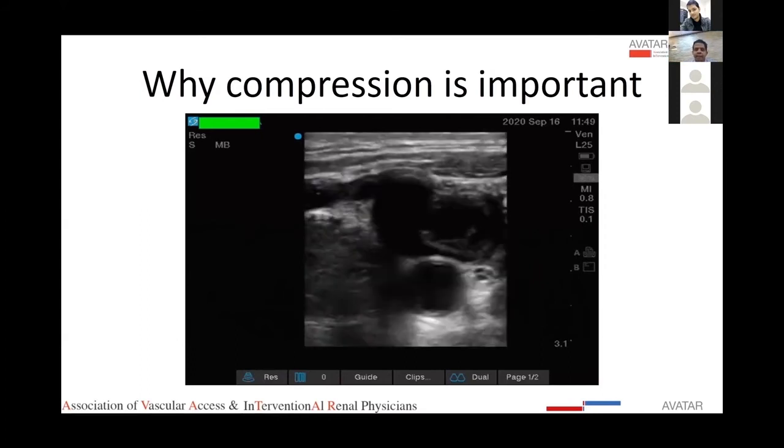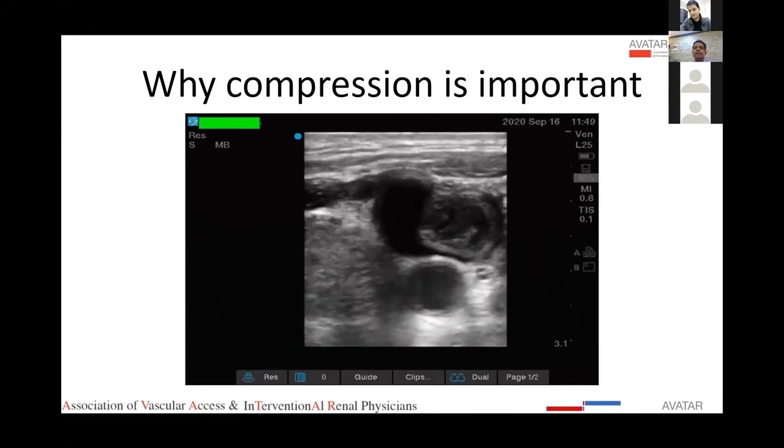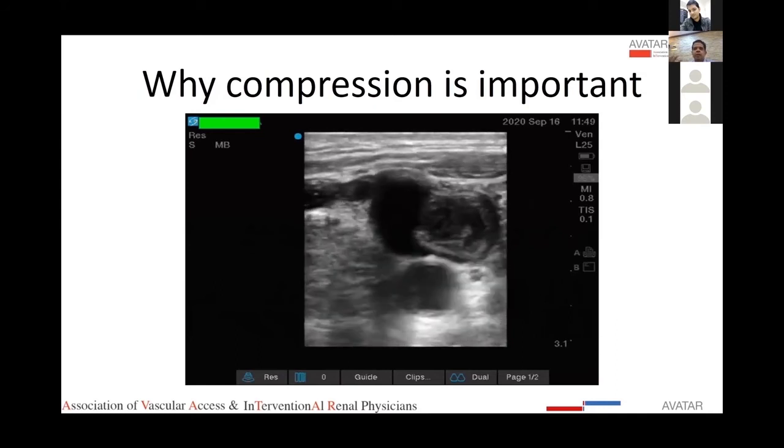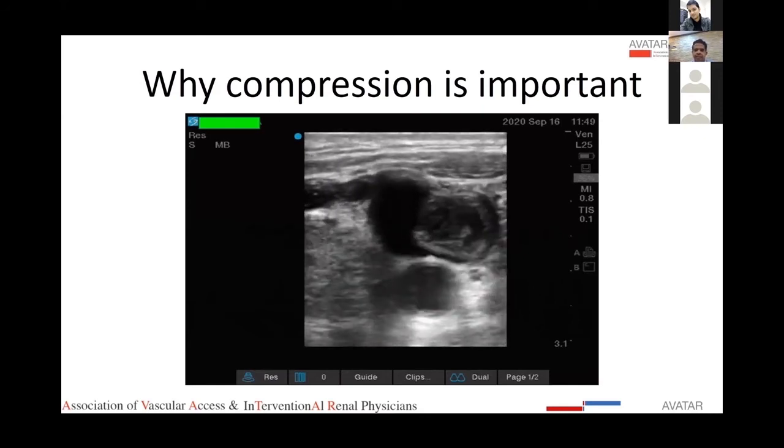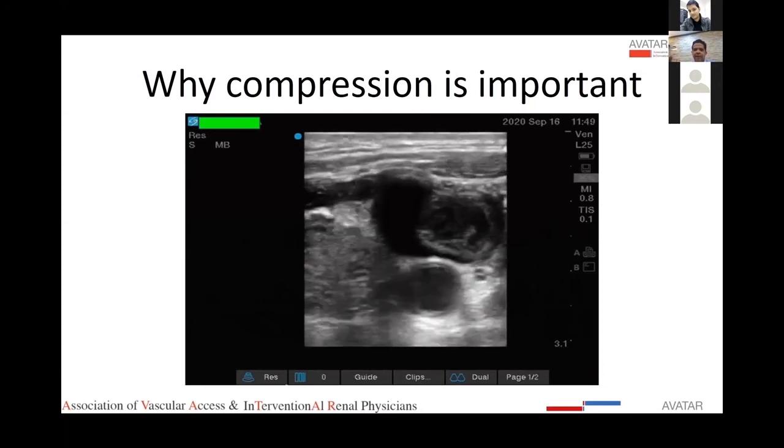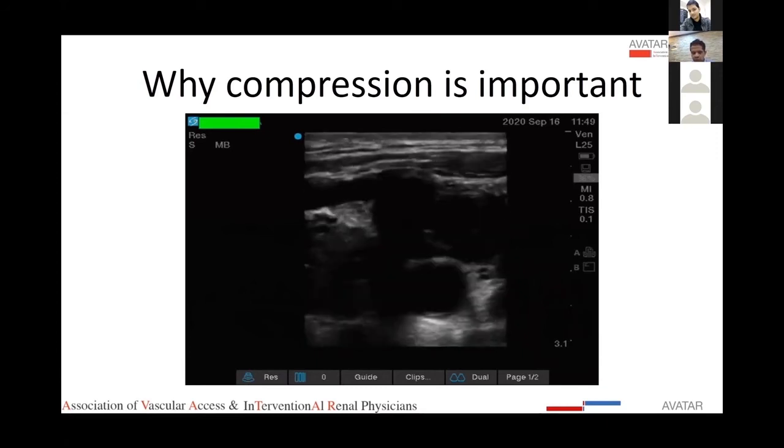On the other hand, there can be other situations when the venous blood flow is very low. One can get the impression that there is a clot present in the vein when the blood flow is very low. Again, in that situation, when the vein is compressed and the anterior and posterior walls of the vein coapt, that is what will tell us that there is no clot in the internal jugular vein.